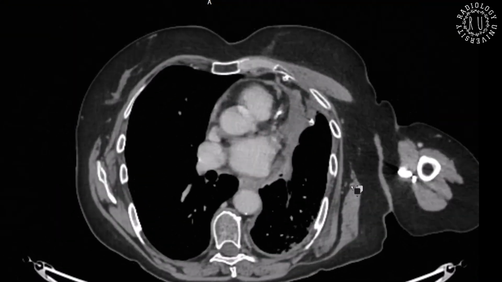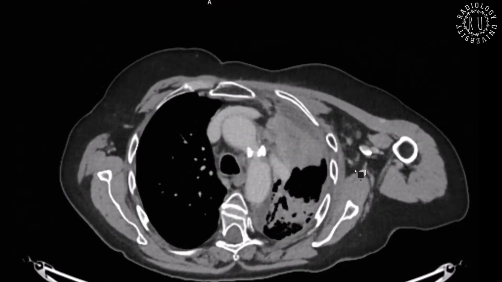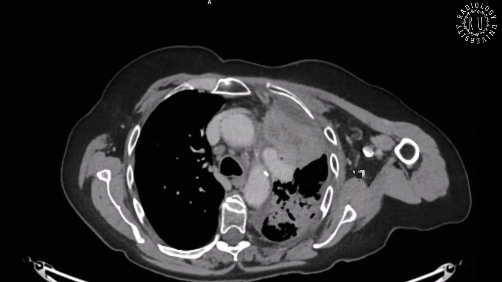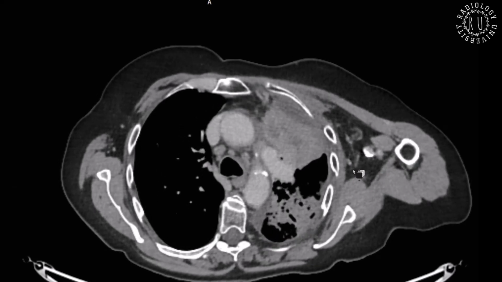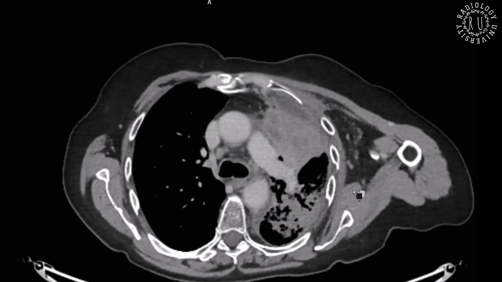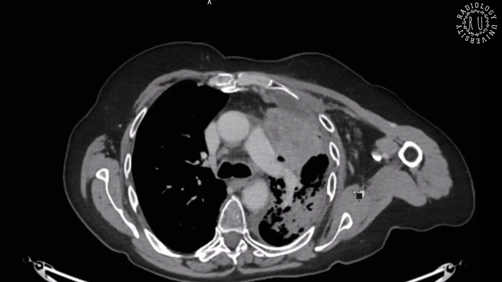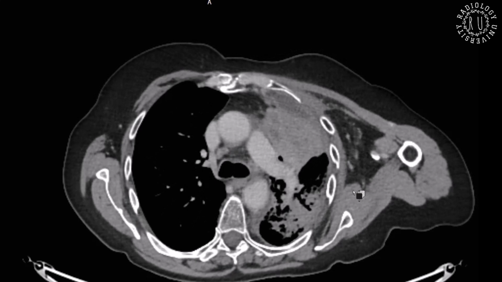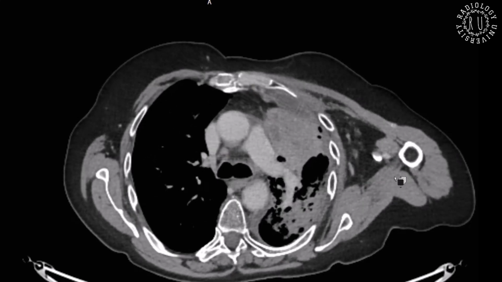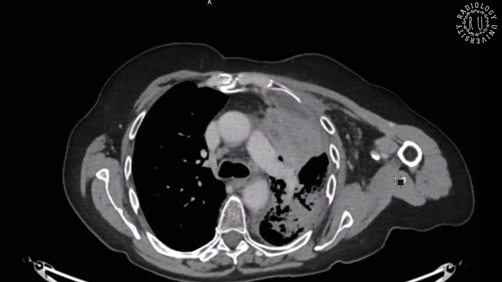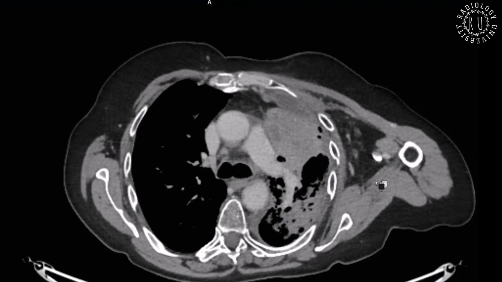Mass lesion. Yeah. So most of the lesion is here. The mass lesion is located in the aortopulmonary window, and likely involving the left phrenic nerve, causing the phrenic nerve palsy, correlating with the previous chest X-ray, and